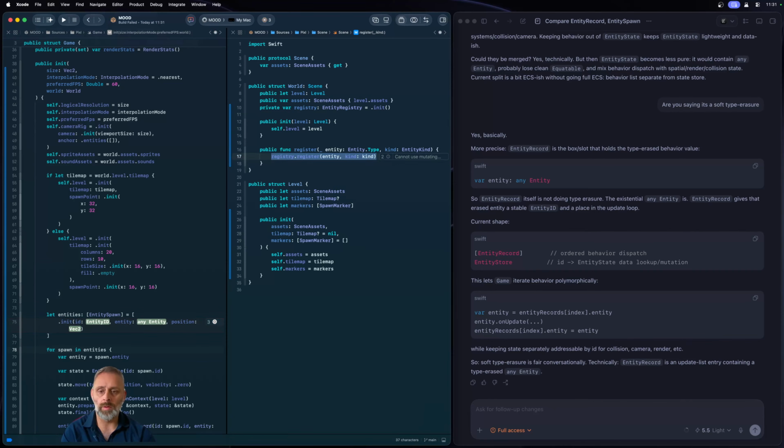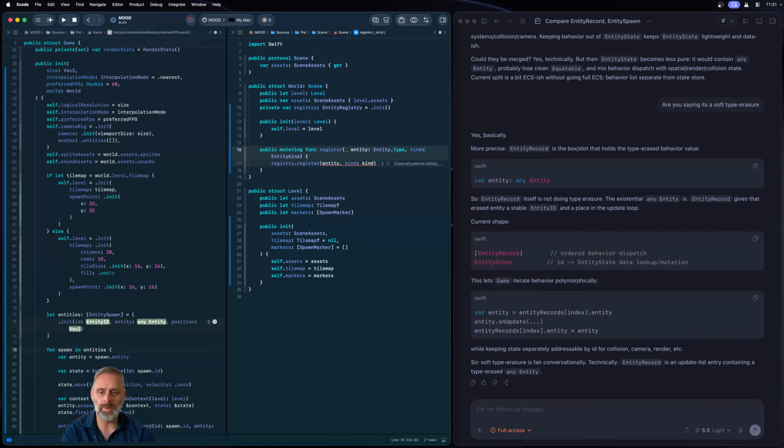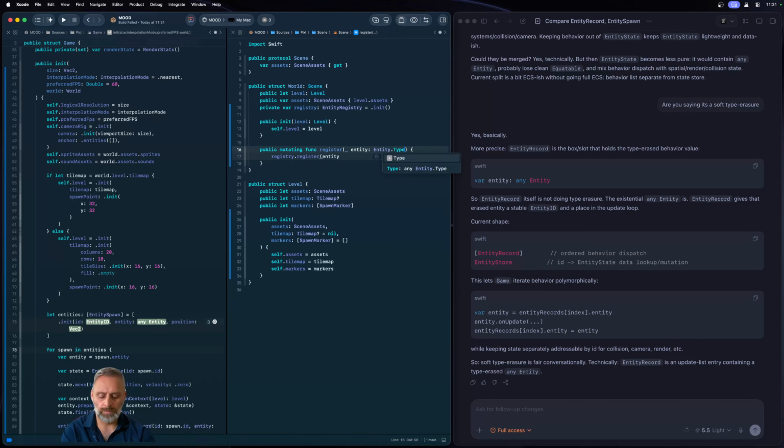I can't remember. Oh, it's fine, but this needs to be mutating. And yeah, I think the labels on this are probably wrong. Register entity only. Oh, okay. Of course. Okay. Oops. There we go. So